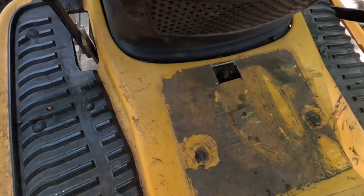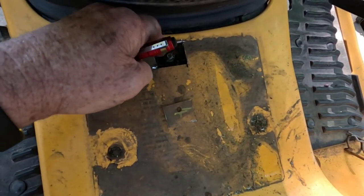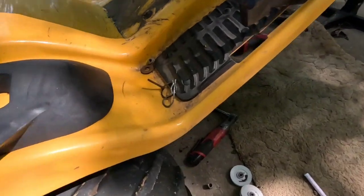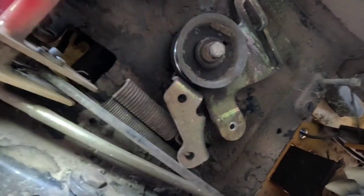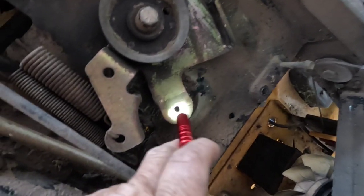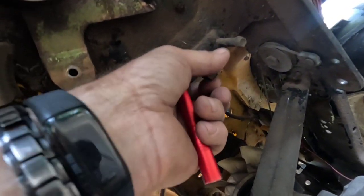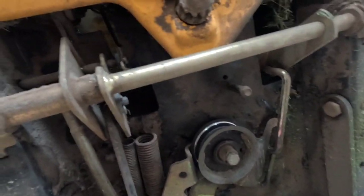All right, now here's what I was talking about. See, underneath the cover, here's the nut that goes along with the bolt underneath. When you get ready to change the idler pulleys, this one here that everything pivots on, that nut is hidden, whereas your other two idlers that go in here and back here, those bolts are just threaded up into the chassis. So that's all I do: instead of pulling all those rear fenders off, I take and